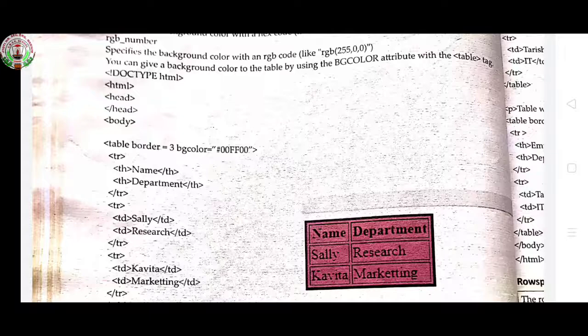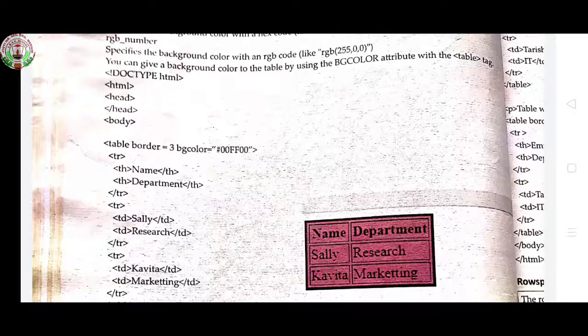Now border, it is clear to everyone what border is. Border means I am getting outside lines in my table, is equals to 3. BG color is equals to, now this is a hex code, inside inverted commas hash 00FF00. This is a hash code, close tag.